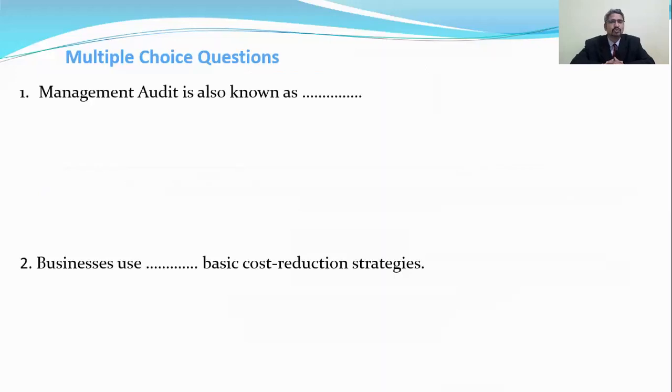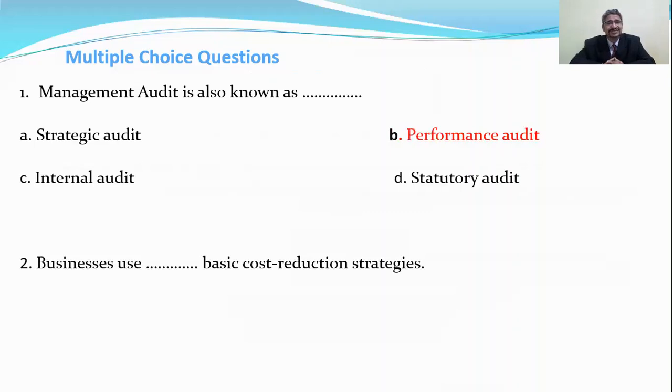Now a multiple choice question. Management audit is also known as dash. The options are strategic audit, performance audit, internal audit, or statutory audit. The answer is performance audit. Why? The performance audit, this management audit, is helpful in profit making as well as non-profit making organizations, which gives the idea of the wastages and